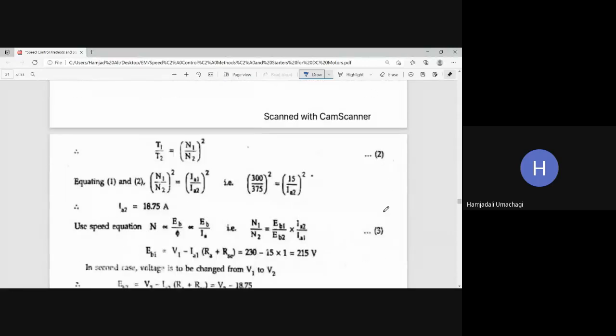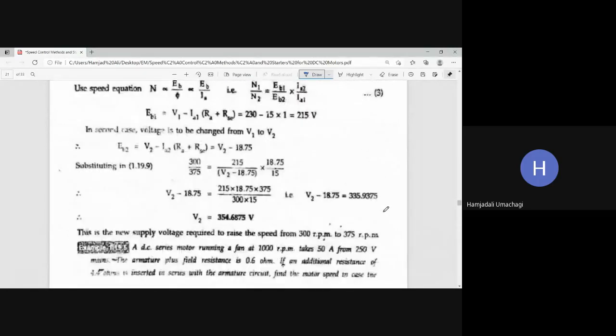Similarly, there are many other problems given in the book here. Can you solve? Yes, sir. In some of the problems, they may give torque is directly proportional to speed, or in some of the problems, they say torque is directly proportional to square of the speed. In some problems, torque is directly proportional to cube of the speed. So, based on the given problem condition, you need to catch that condition and accordingly you should solve it.